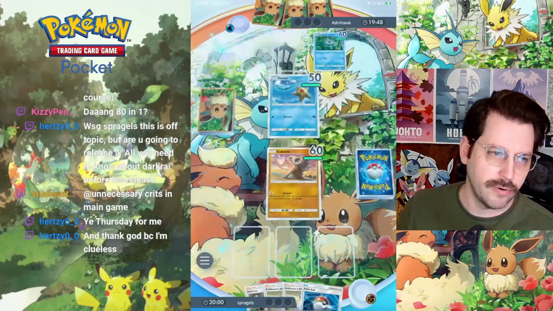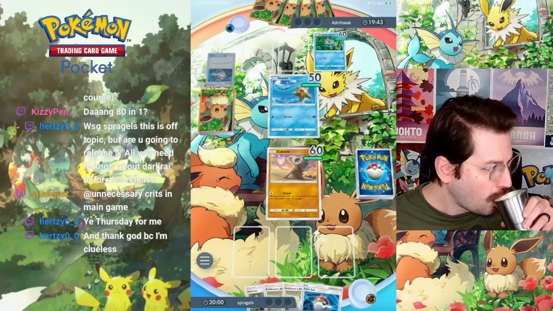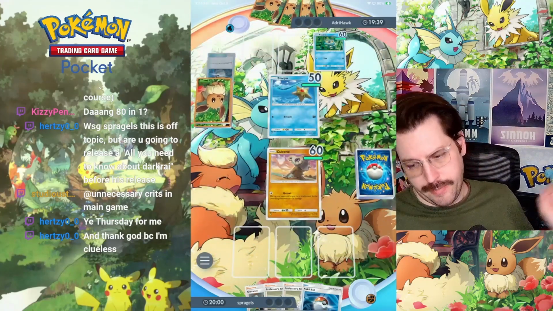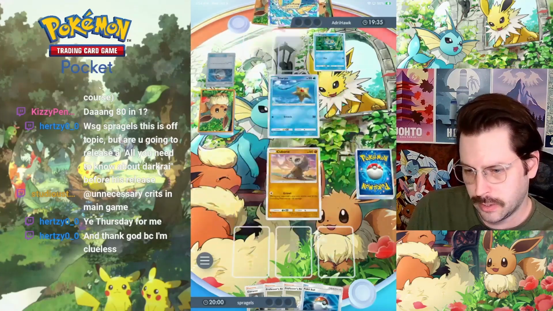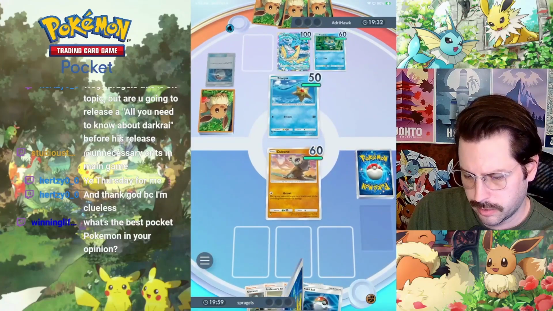Froakie, they're playing Greninja, Starmie. That's a scary deck. Greninja Starmie is a nightmare. We'll just do our best. Oh, and Lapras. I wonder if they got Misty. We'll see. They didn't Misty, so...